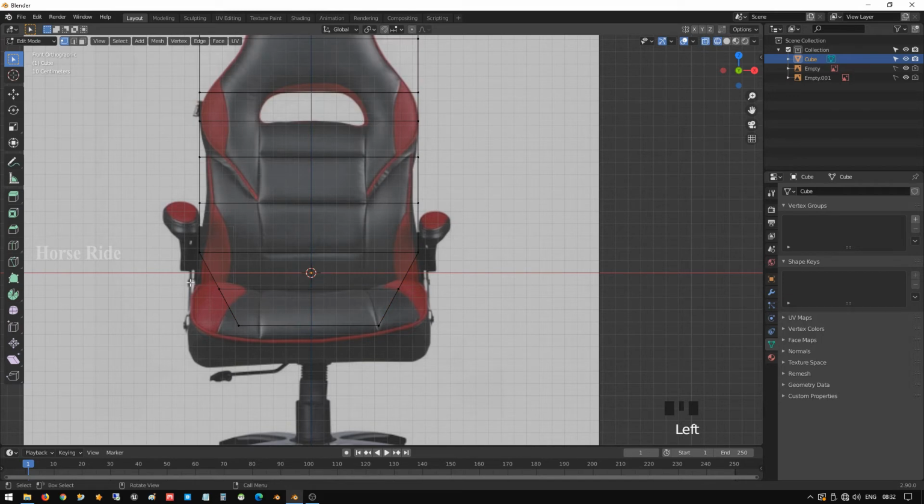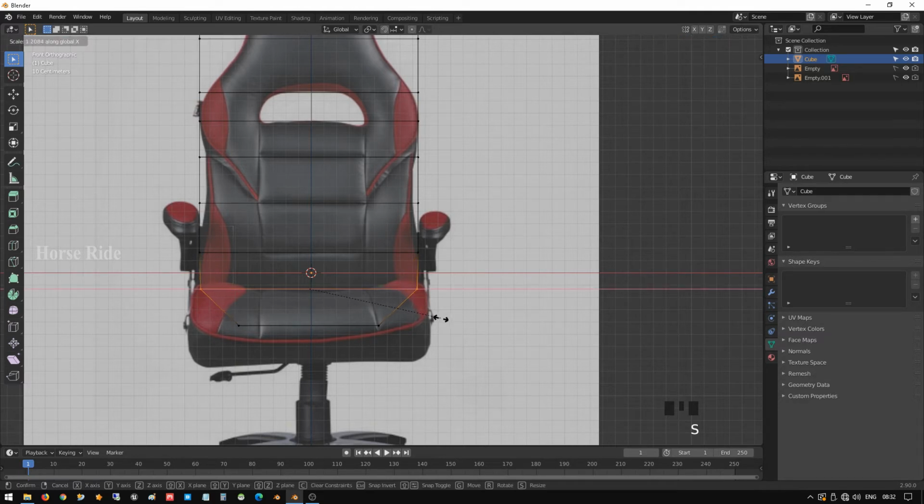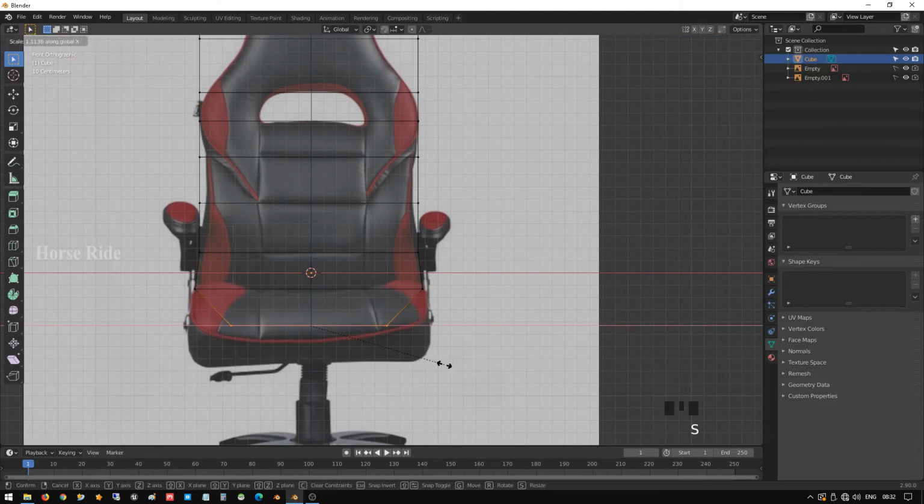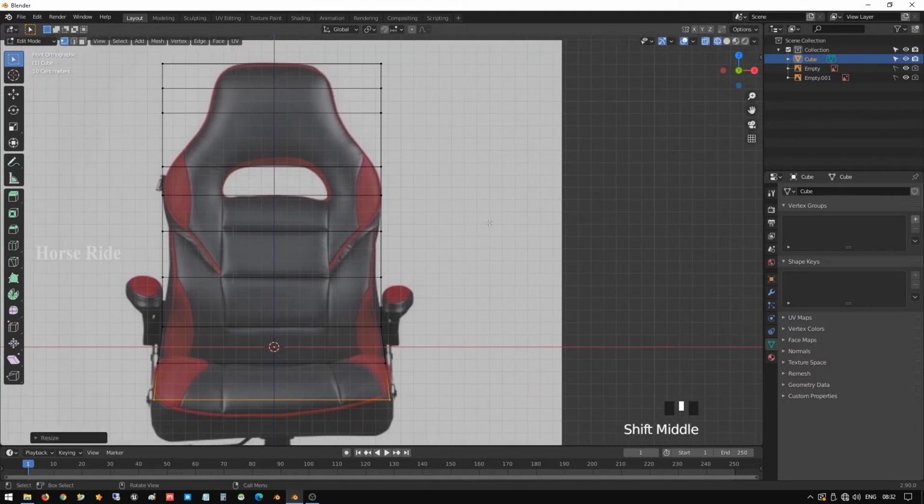Shift Z, and select these vertices, scale in X angle. Okay, select these vertices, scale in X angle. Okay, good. And when we are designing, we have to see it in all the areas and angles.